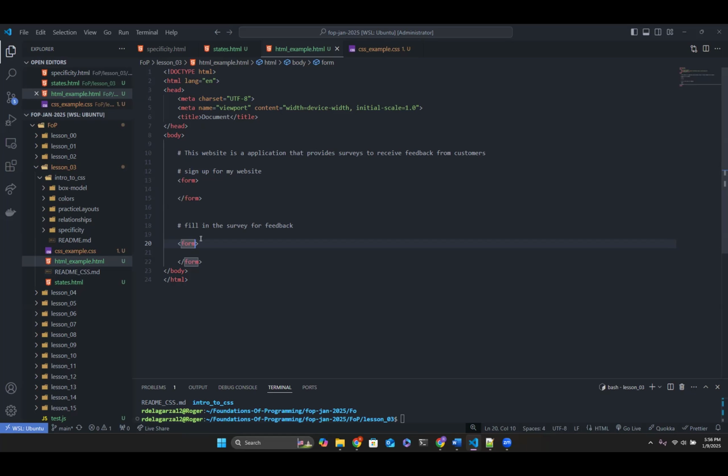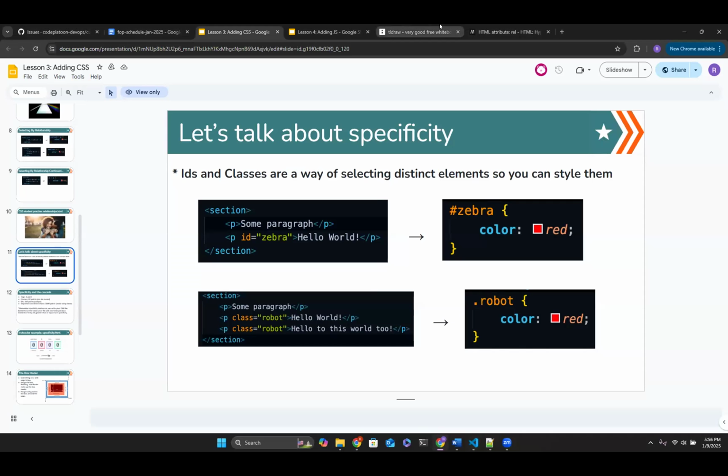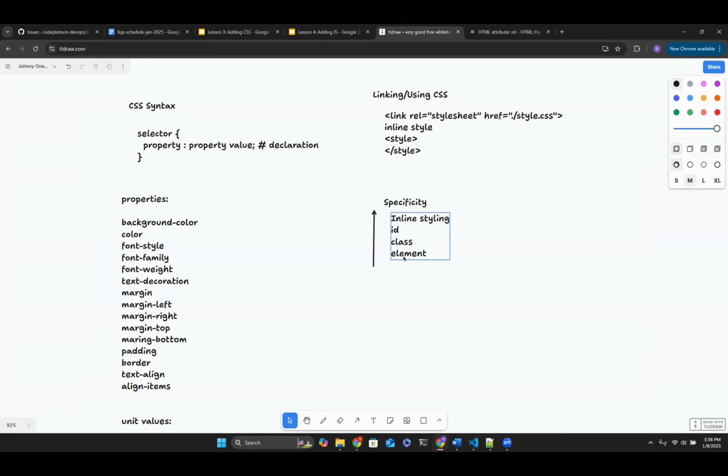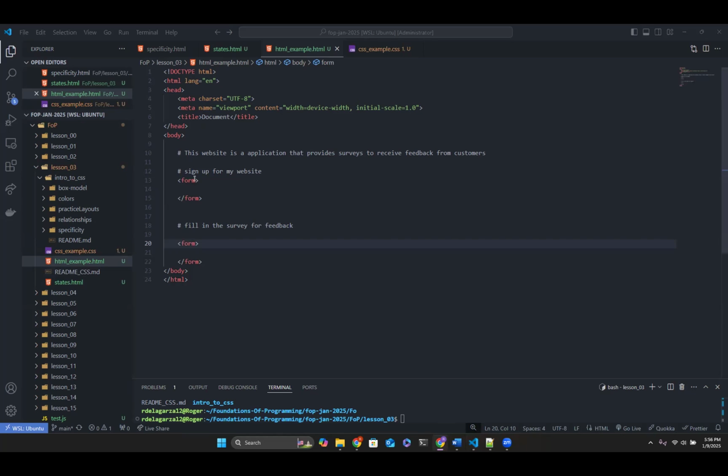That way you can override the previous style, right? So we always want to start with the lowest level of specificity. And the lowest level, as we know right now, is the element tag, but that's not going to work in this situation because we have two form tags. The next one is going to be class, right? So we'll probably want to give these specific classes.